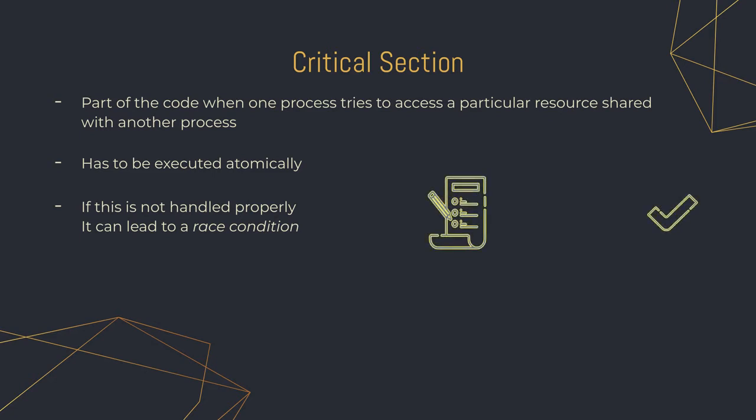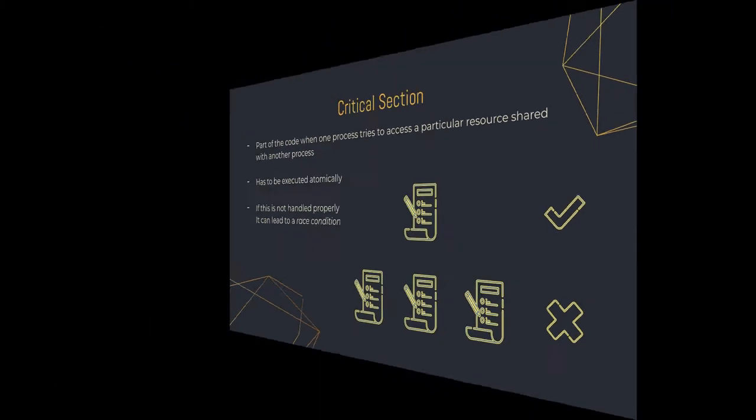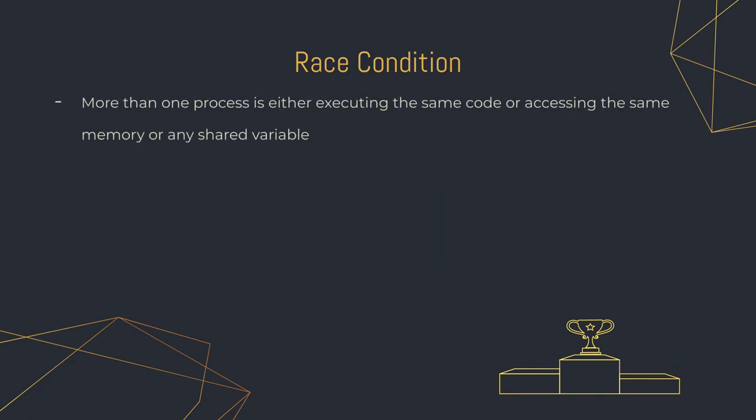So if you notice here, we have a process and it accesses a part of a code. So it accesses some shared variables. At the same time, if you have multiple processes accessing the same variable, the same shared space, that leads to the race condition. What's a race condition? A race condition is just a condition that occurs inside the critical section when two or more processes read and write the same variable. It's a concurrency problem essentially, where each process has its own sort of